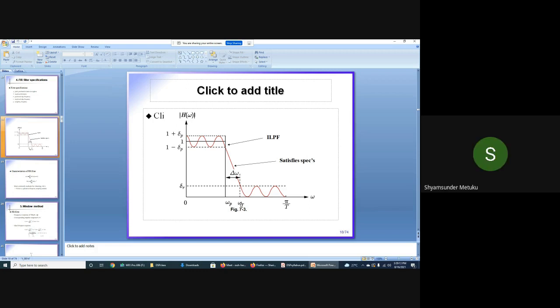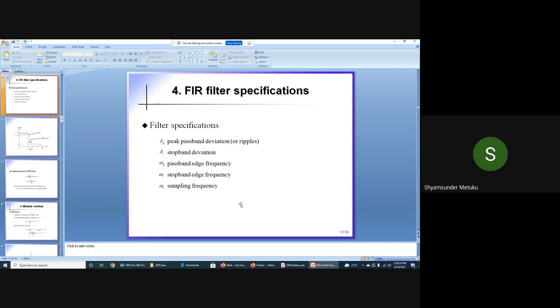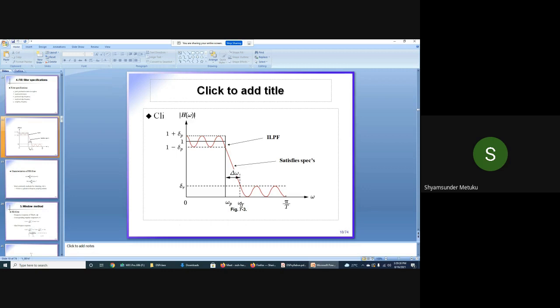How much deviation for the stop band? Again, delta. Actually, delta A generally we should write, but it is given as delta R. That is not a problem. Stop band deviation is given as delta R. In some books delta A will be given. Delta A and delta P: pass band attenuation, stop band attenuation. In some books alpha A and alpha P are also given, so don't get confused. Alpha and delta are widely used to represent ripples in the pass band and ripples in the stop band. Is it clear? Say yes or no.